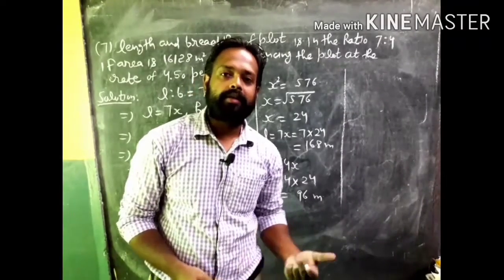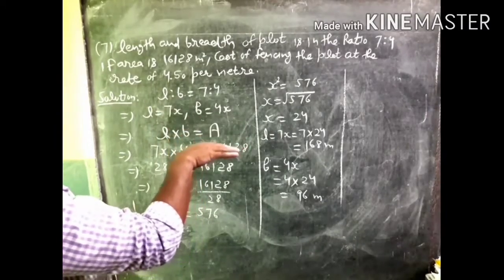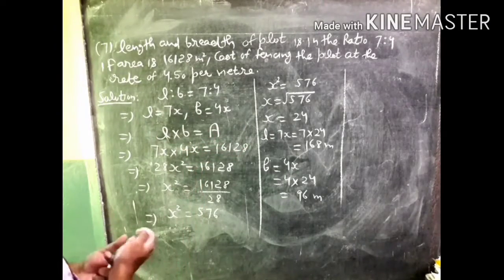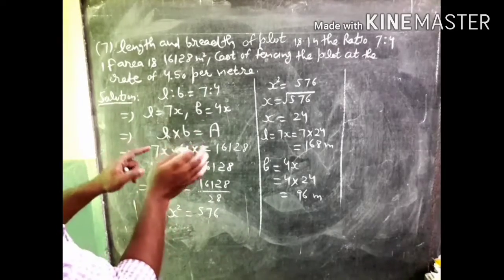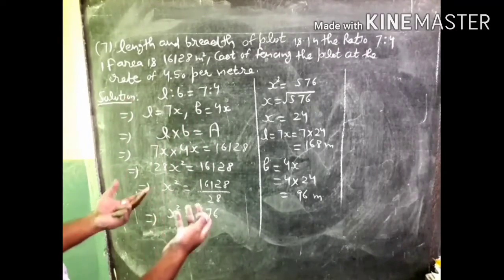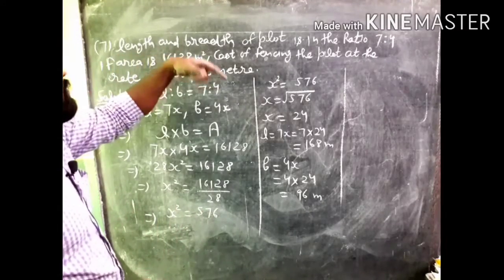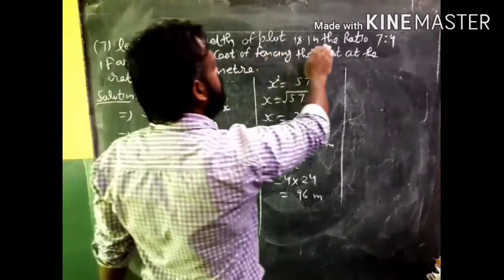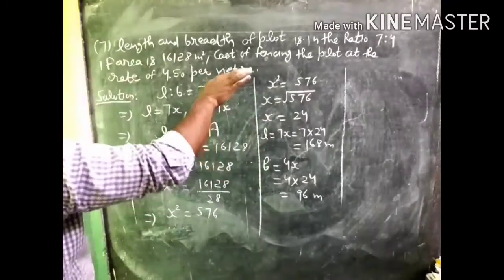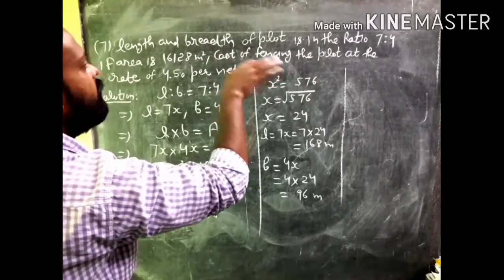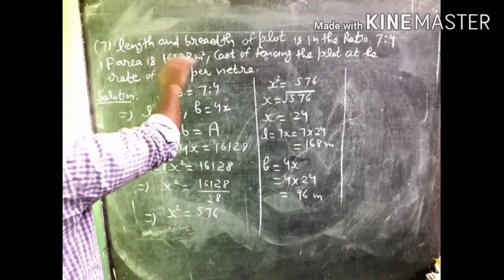So dear students, now you can see it's the 7th sum. It is a little bit important and a little bit difficult, not so much difficult, only a little bit, means you have to watch this sum carefully, because first of all you have to understand the statement, and then you can simply solve the sum. So you can see the length and the breadth of a rectangular plot is given in the ratio 7:4. So not the exact values of length and breadth are given to us, and also the area of this rectangular plot is given to us, that is